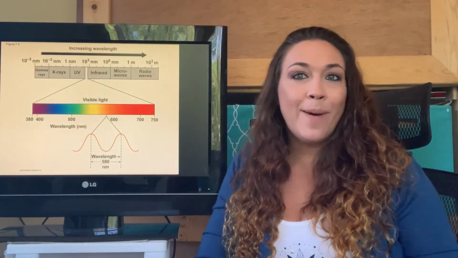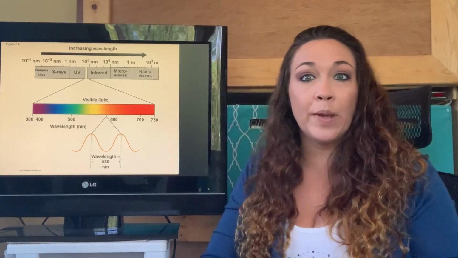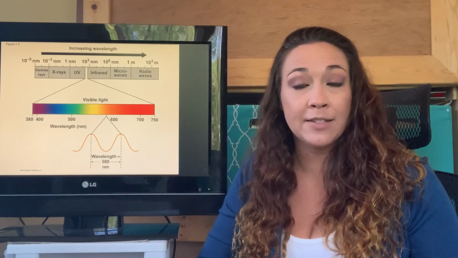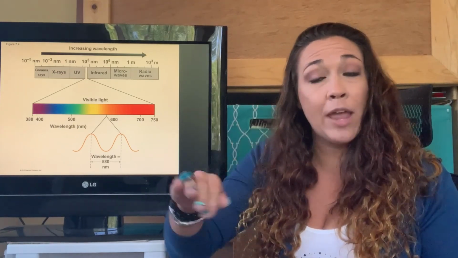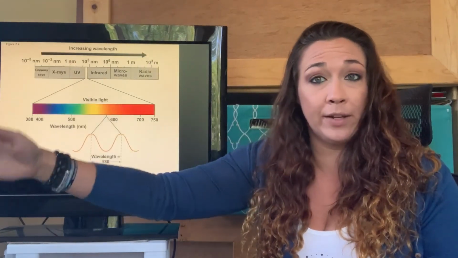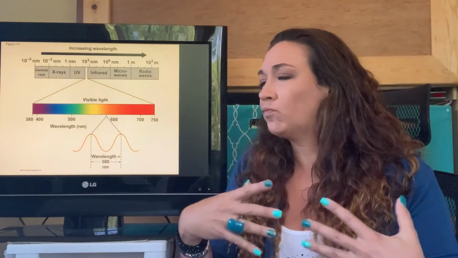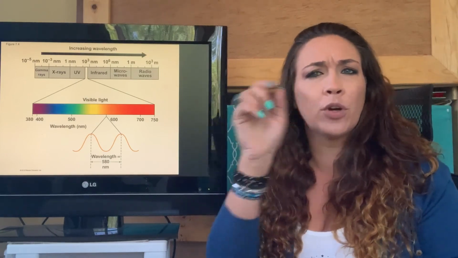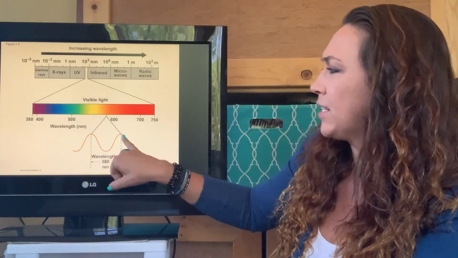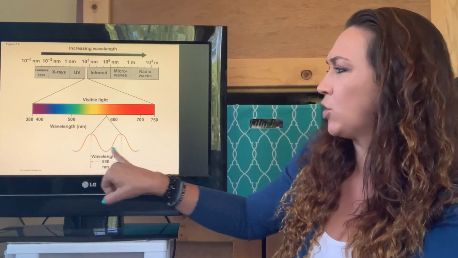Now, when we talk about light, we're going to be talking about absorbing different wavelengths of light. And light does travel in wavelengths, meaning literally like a wave, like in the ocean. It travels in wavelengths. So that's what we mean by a wavelength. How much distance is there between each trough or crest? Doesn't matter. So if you look at this, these are known as the crests. These are known as the troughs.